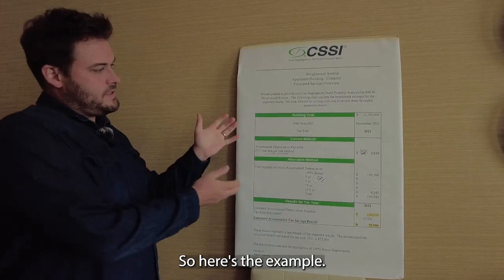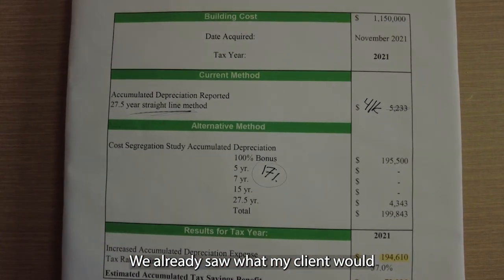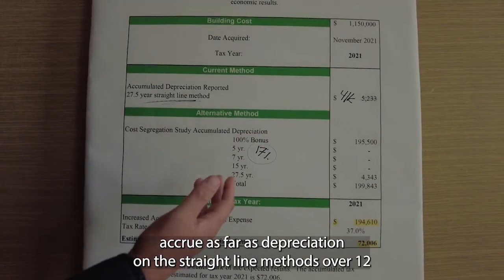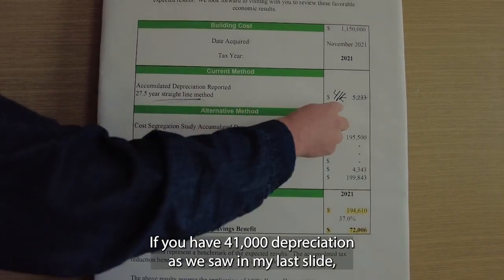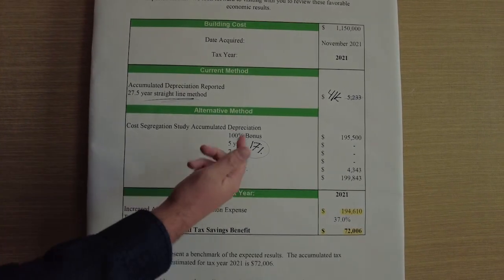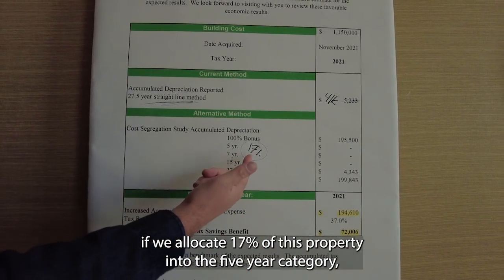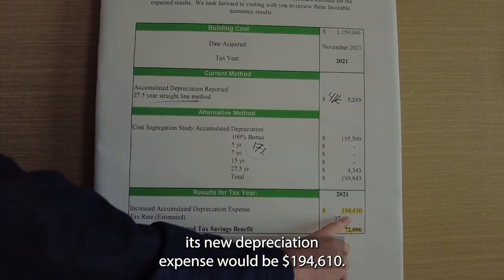All right, so here's the example. We call it our estimated savings overview. We already saw what my client would accrue as far as depreciation on the straight line method. Over a 12-month time period, you get $41,000 in depreciation. As we saw in my last slide, if we allocate 17% of this property into the 5-year category, his new depreciation expense would be